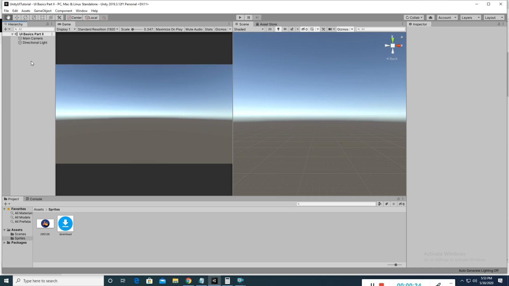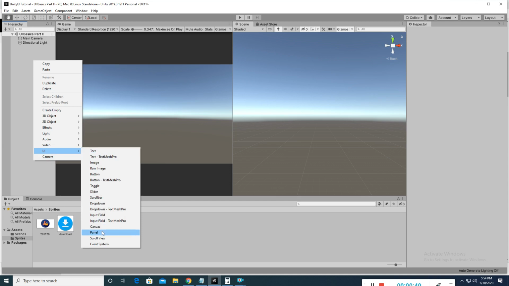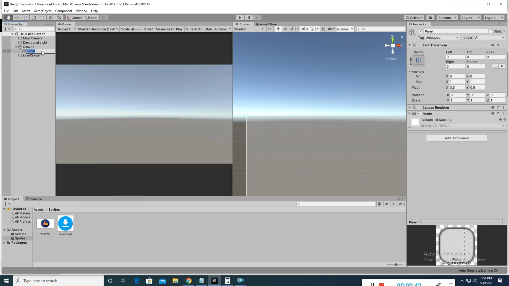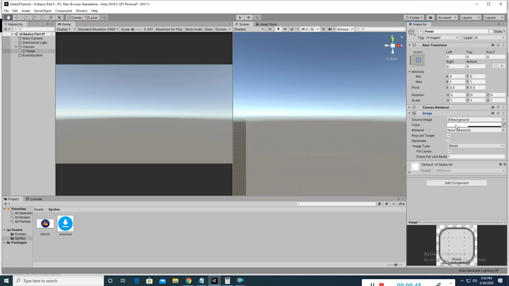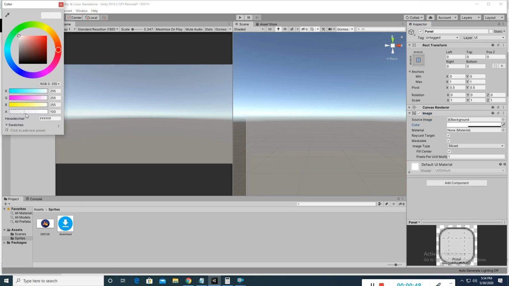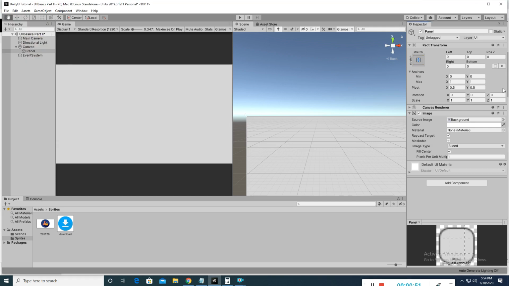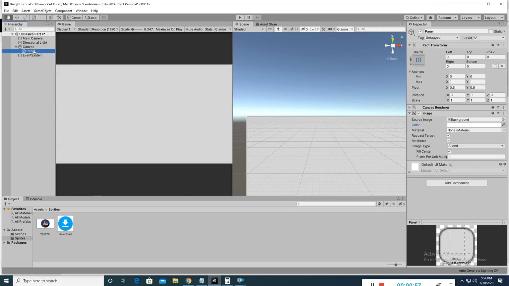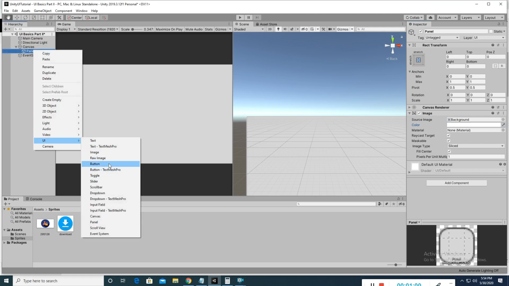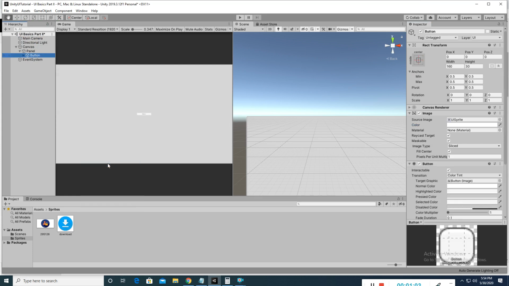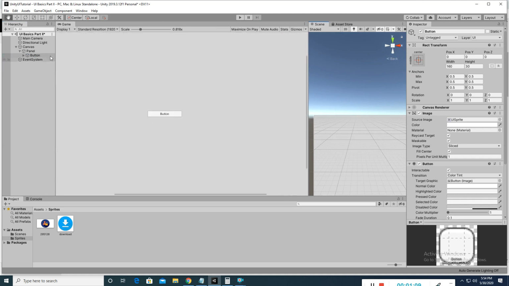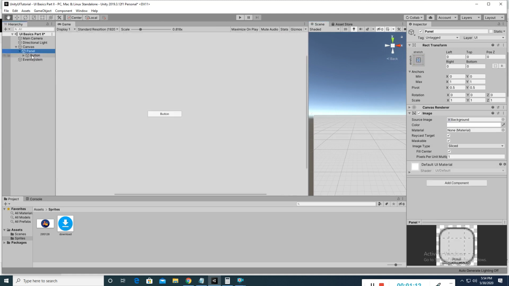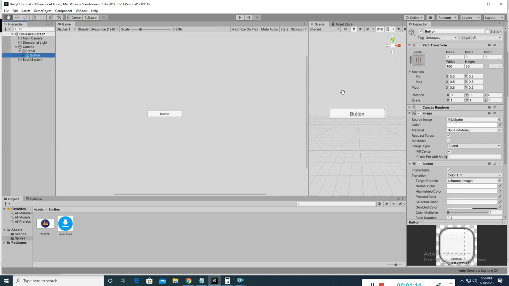As an example, I'm creating a simple panel. This panel is like a background image, you can say that this is a background image. Let's come to this alpha value, by default I can make it more visible. Okay, so I'm creating a simple button element. You will see this button is coming in the middle center of this panel. The panel is a parent object and the button is a child of this parent.